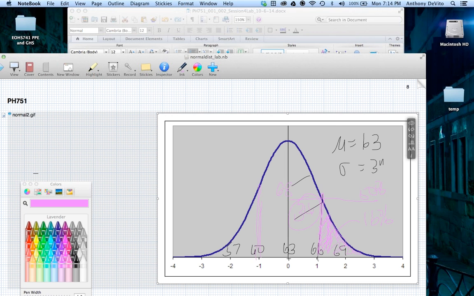If we wanted to know exactly, what would we do? We'd go to the z-table, right? And we're going to take a look at the z-table in a little while. Matter of fact, let's take a quick look at it right now. I just told you that one standard deviation above the mean, this is 68%, 34% here and 50% below here. So if I take a z-score of 1, the area below here, according to the empirical formula, is 50 plus 34, which is going to be 84%.